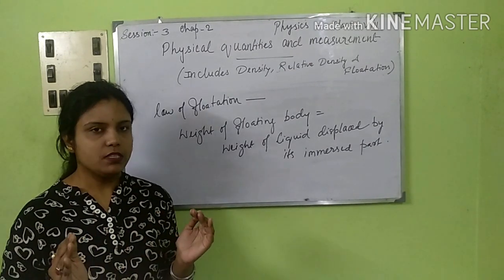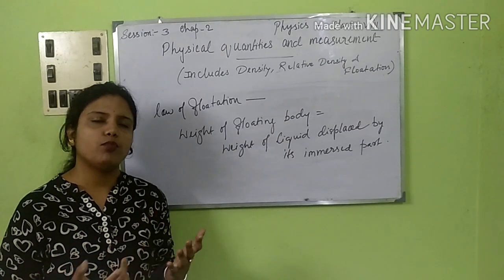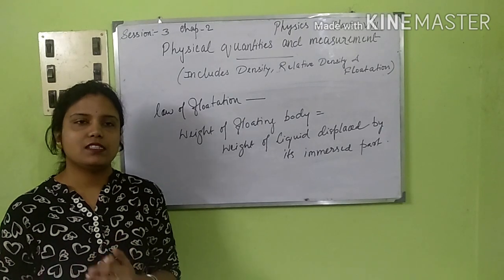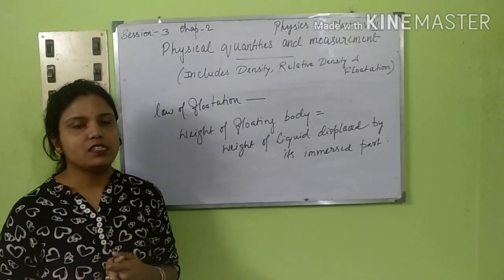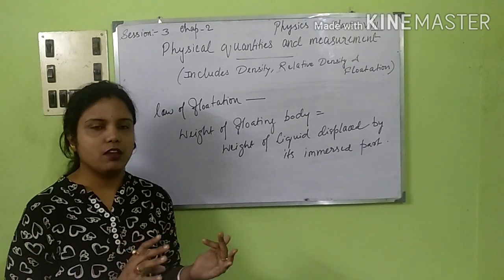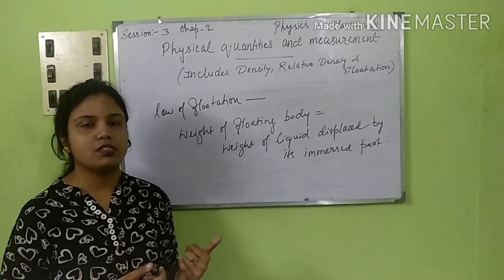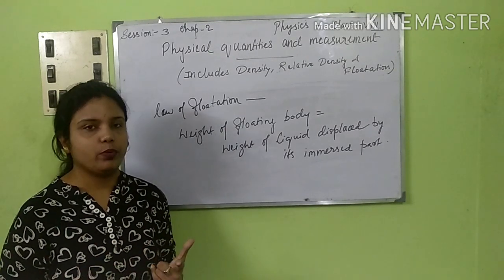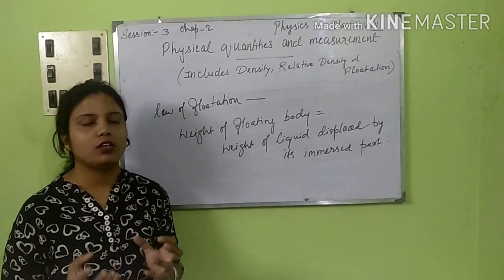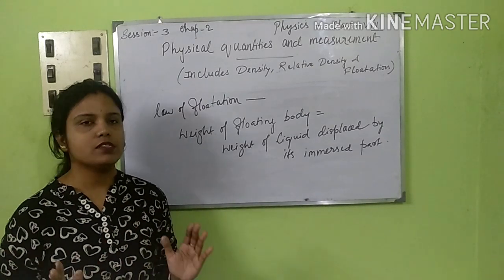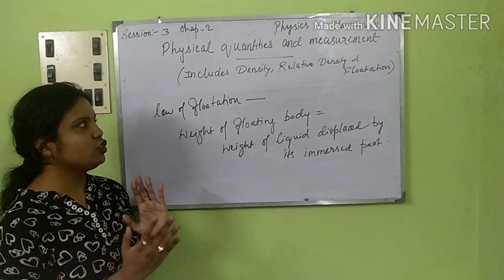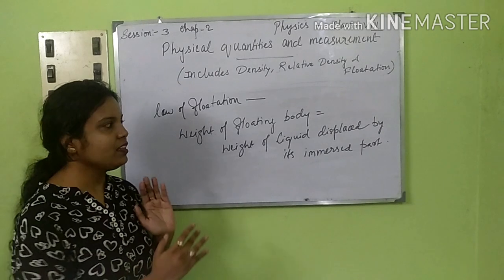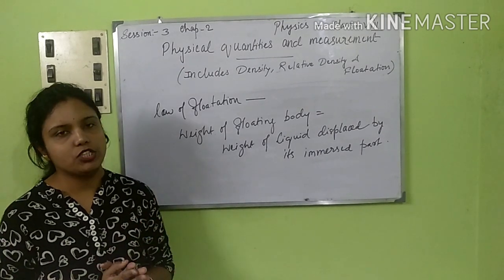So there are many more examples. I have discussed two with you. You can read many more examples given in your textbook. And definitely, please solve the sums for densities whenever a particular mass or volume is given. I have already shown you some of the sums regarding how to calculate the density of a liquid using a density bottle. So these are the important parts of the chapter. This was all about this chapter, which included density, relative density, flotation, the principles, and the three different cases of flotation and so on.